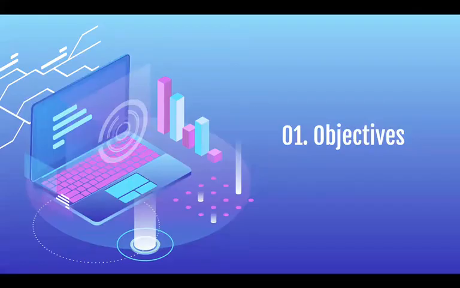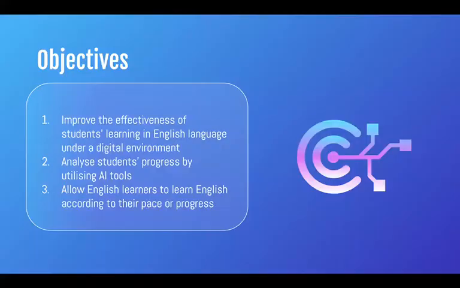And the next one. So to start off, our first objective is that we want to improve the effectiveness of students learning in English language under a digital environment. As you all know, COVID obviously disrupted students' learning progress. Students have missed the benefits of a face-to-face learning environment. So it is crucial for educators and teachers to make good use of technology to help them catch up with